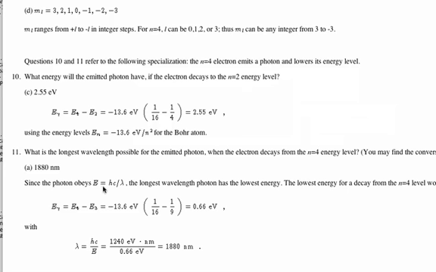E equals hc over lambda. We know that E is hc over lambda. And so the longest wavelength is going to have the least energy because these are inverse, right? So it's asking about the longest wavelength. So that means that this lambda is going to be really big, which means this E is going to be